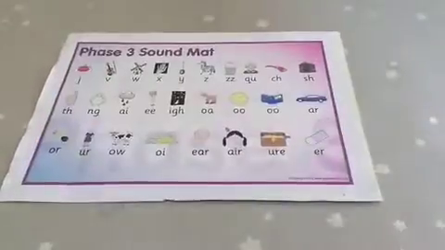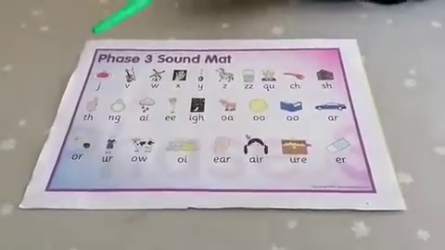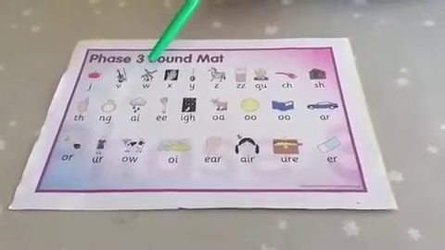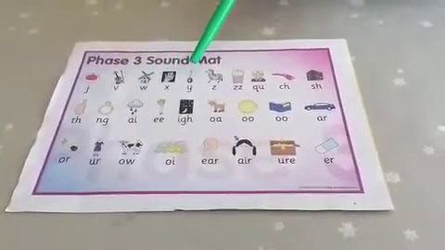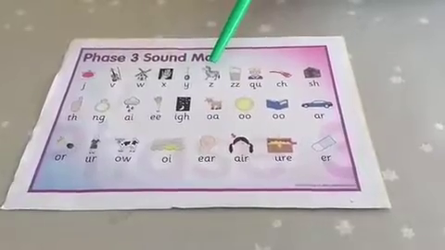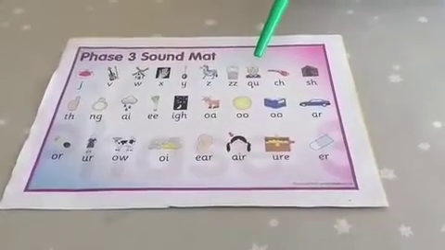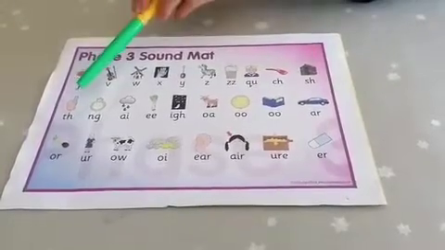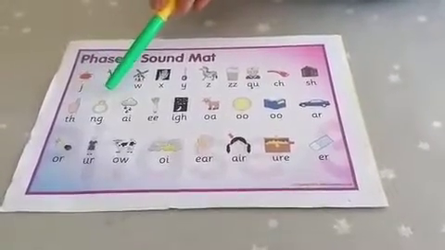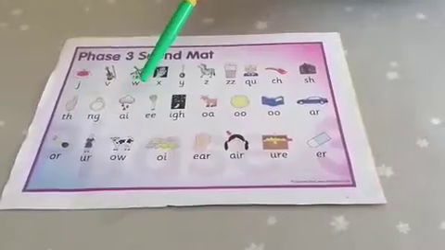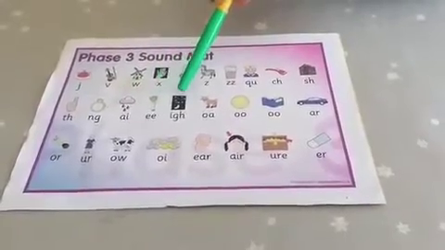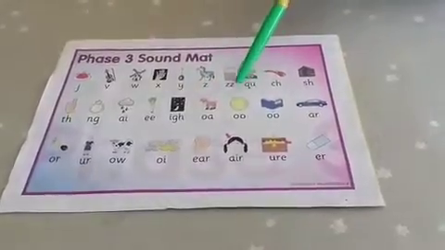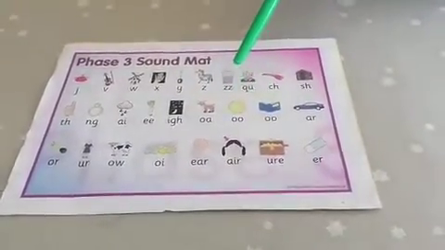Moving on to phase 3. J, j, v, w, w, x, x, y, y, z, z, qu, ch, ch, sh, sh, a, a, e, e, i, i, o, o, and that leads us to the two sounds we're going to learn